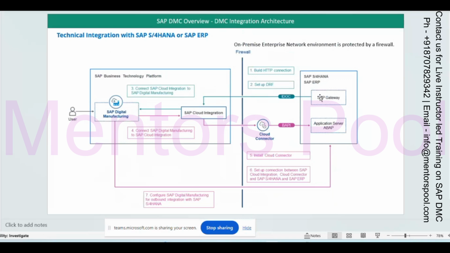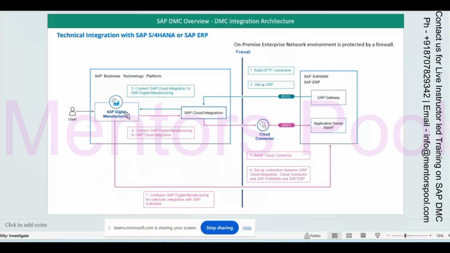You can understand it like a push or pull mechanism. Whatever SAP is pushing to DMC happens through IDOC, and whatever DMC is retrieving or pushing to S/4HANA happens through BAPI. SAP DMC doesn't know IDOC, because IDOC is a concept for S/4HANA only.